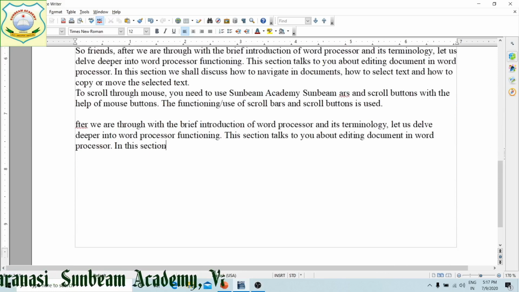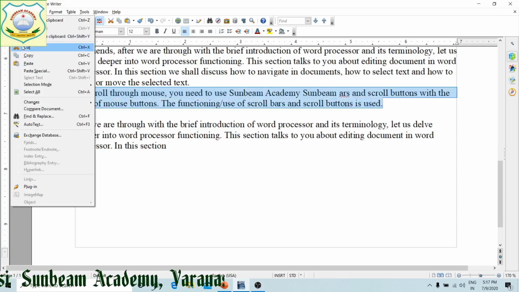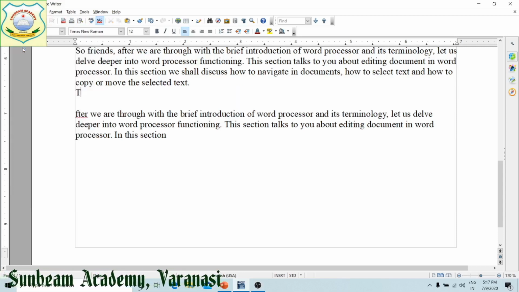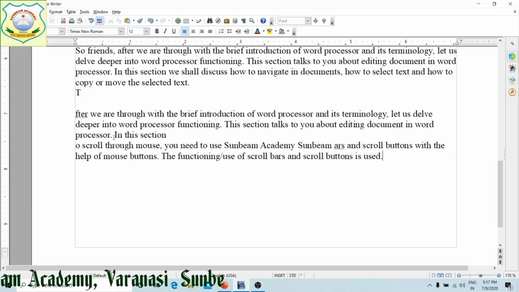Suppose I want to move this portion. For this, edit menu, cut, it has been wiped from there. Now edit menu, paste, it has shifted over here. Copy means to make a duplicate of the text, while moving means to shift the position of the text from one place to another.